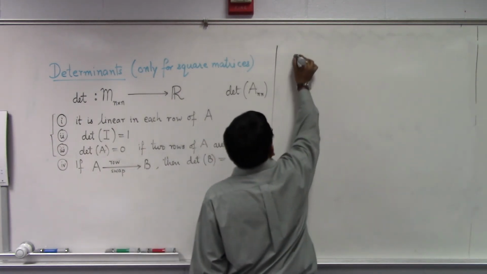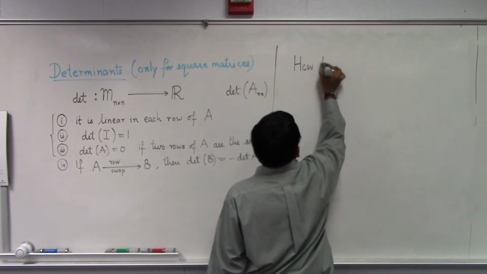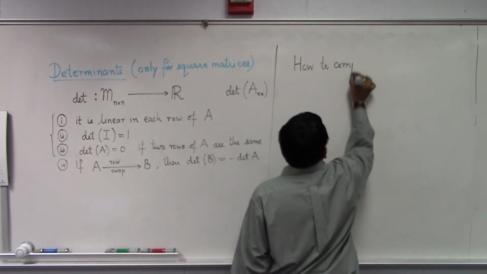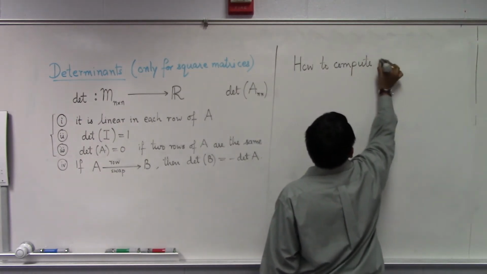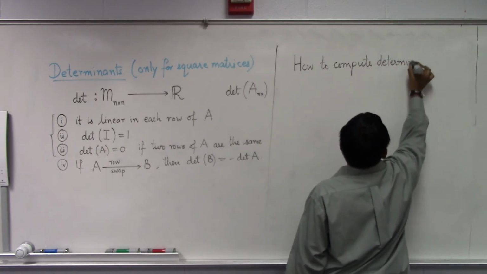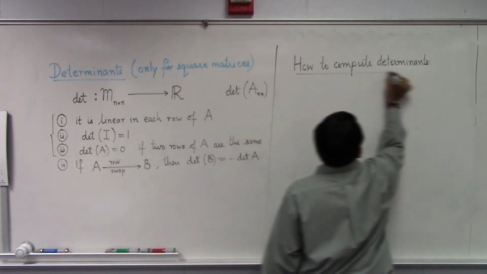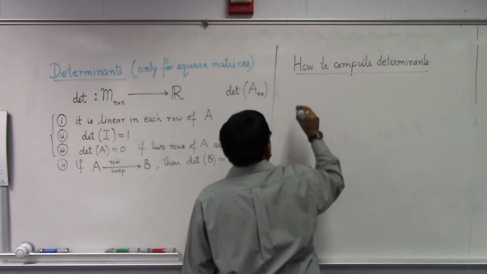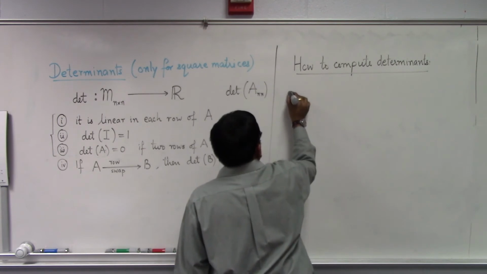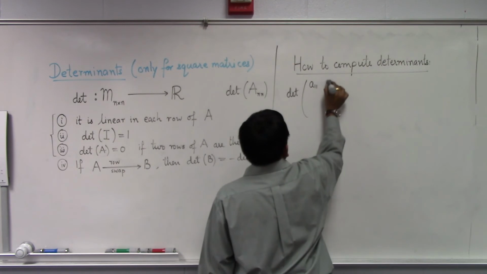So the first question we have to deal with is how to compute determinants. Now, just so you know, if I was given a determinant of a 3 by 3 matrix,